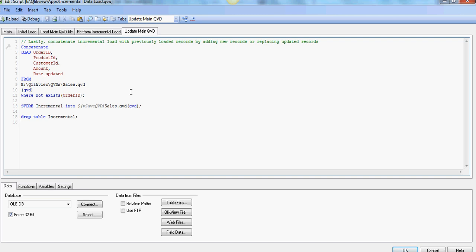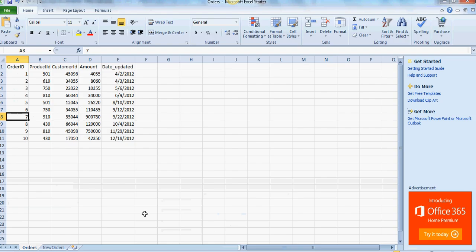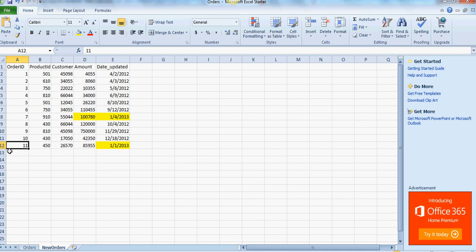Essentially, we replace updated records and then drop the table. Once this is done, the table should have 11 records, but the key is order ID number 7